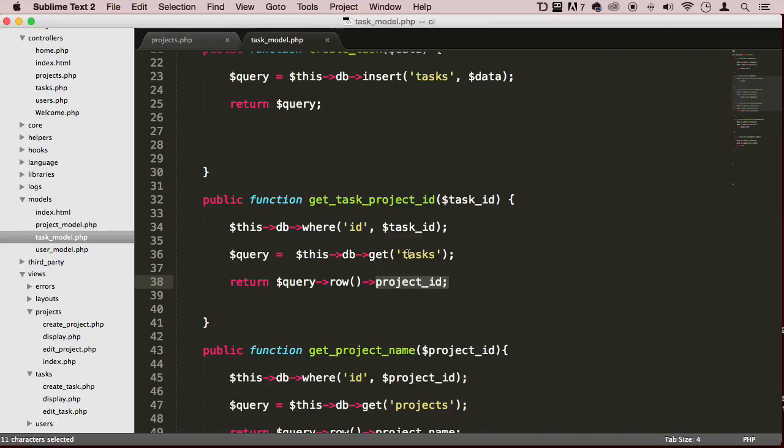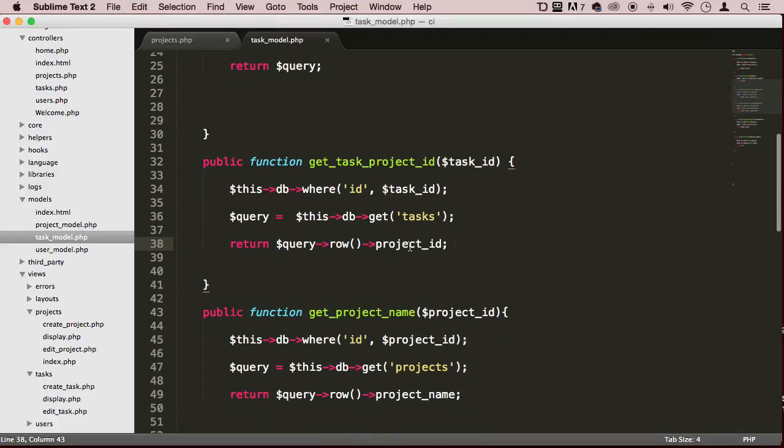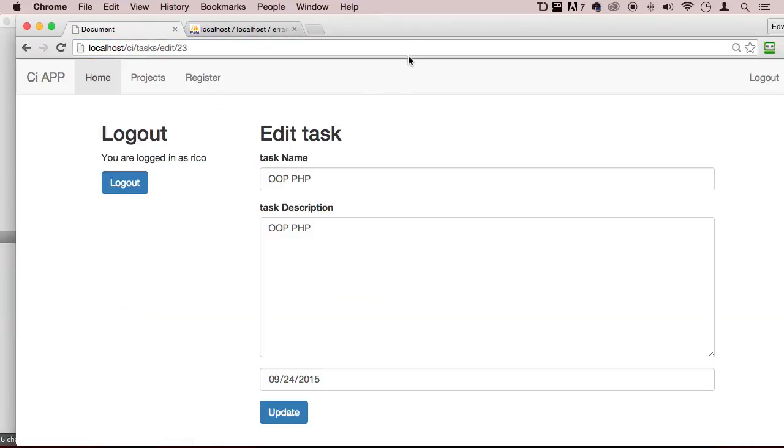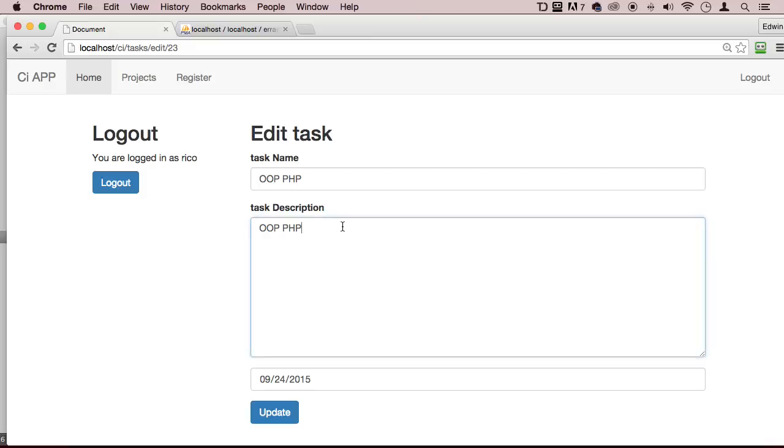I don't know why it was returning the task ID. We already have the task ID here. I might have changed it in one of the lectures there. But anyway, make sure that you change it, all right? Change it back to project ID. All right. Enter. Okay, now it's working. Beautiful. So if we update this,